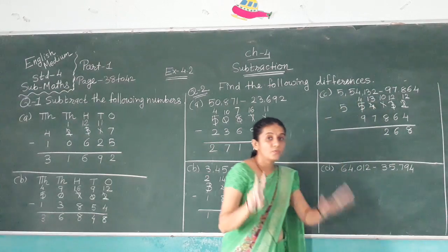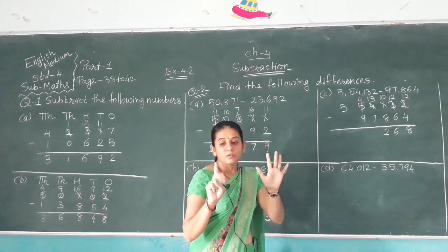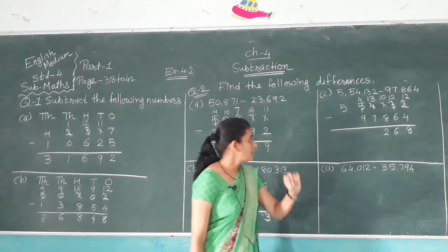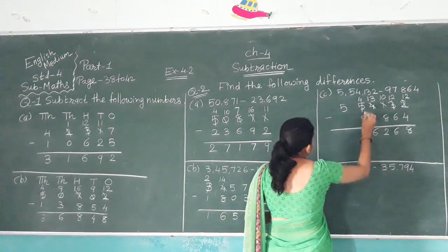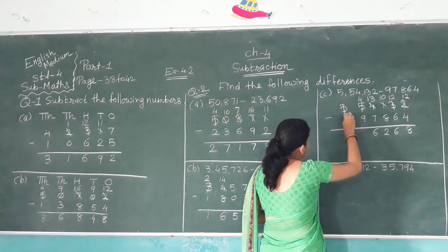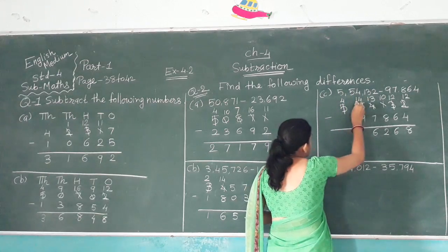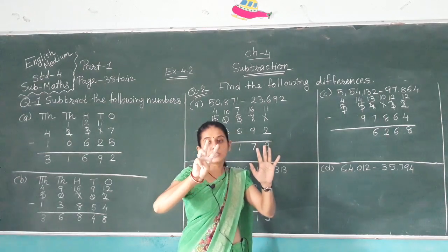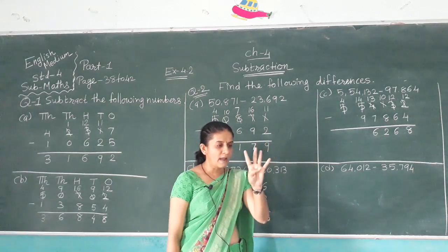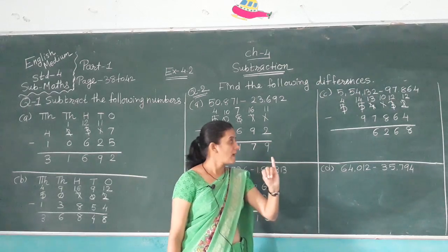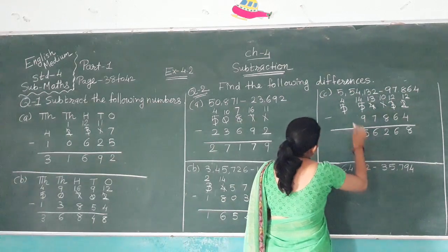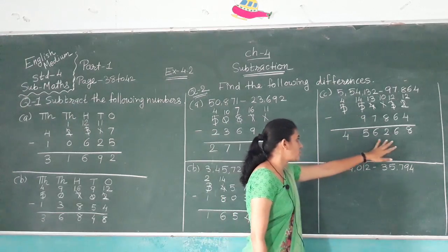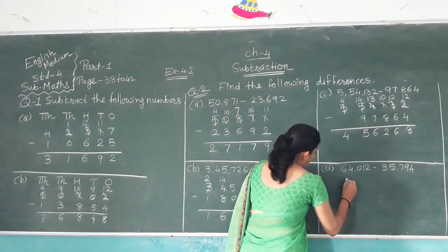Take it 7 finger. Before 13, 12, 11, 10, 9, 8, 7, 6. Again 4 minus 9, it is not possible. Cut here 5, right here 4 and here 14. Take it 9 finger. Before 14, 13, 12, 11, 10, 9, 8, 7, 6 and 5. And 4 down. We get answer 4,56,268. Now another one,